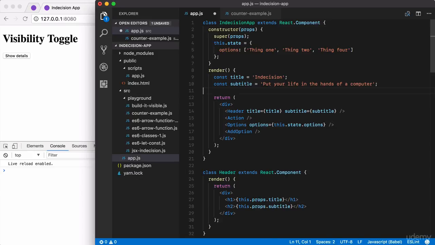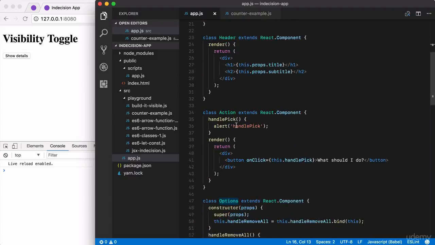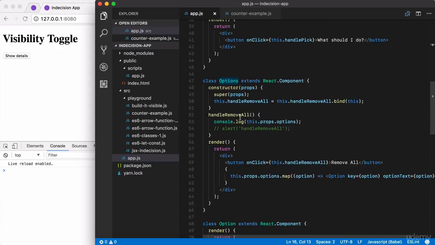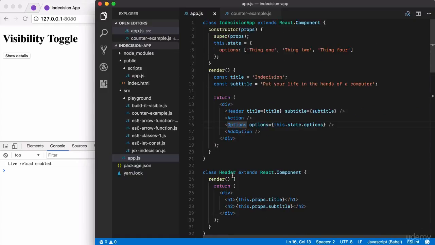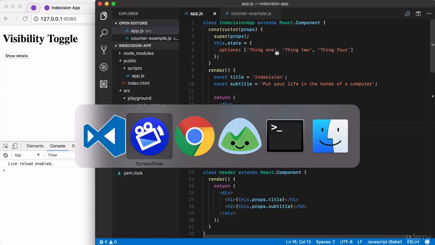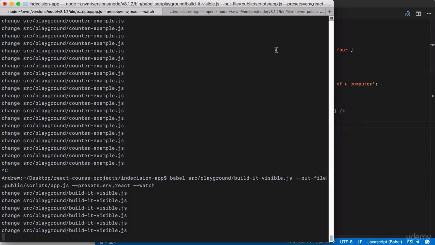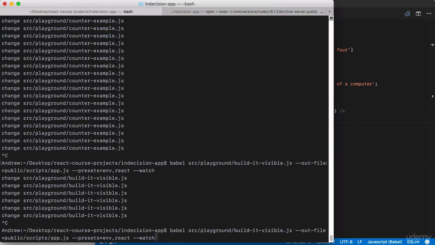Now from here, let's go ahead and actually save the application file and get it rendered to the screen. The data is going to get passed into options. Options already knows how to pass that data down into option, and option renders the option text. So we should be able to at least see this list showing up. I'm going to go ahead and switch over to the terminal, shut things down, reload the last command, and we're going to switch back to the app.js file, and that file lives in the source folder. So I'm going to remove all of this stuff,